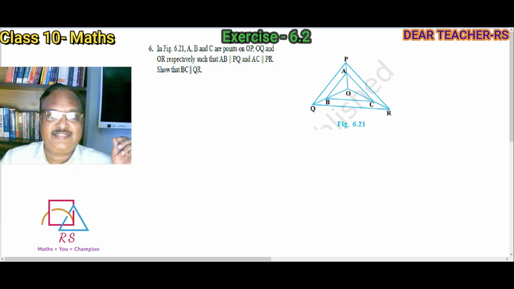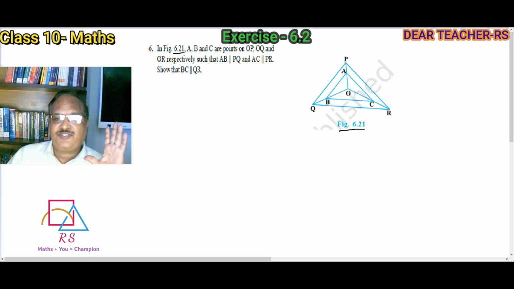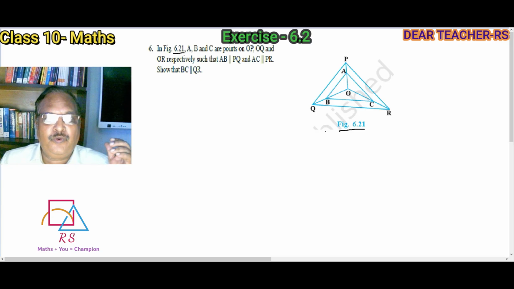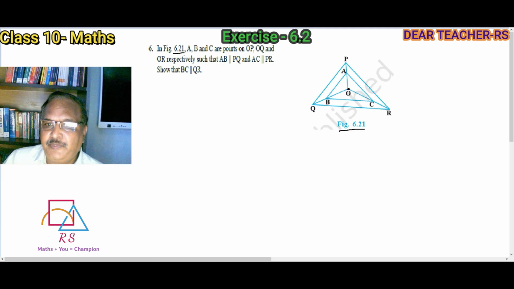Here is question number 6, in this also figure number 6.21. Now let us understand the problem by reading it. A, B, C are the points on OP, OQ, OR. O is an interior point. PQR is the main triangle. From O, OP, OQ, OR are joined, and these 3 points A, B, C are on these 3 lines, such that